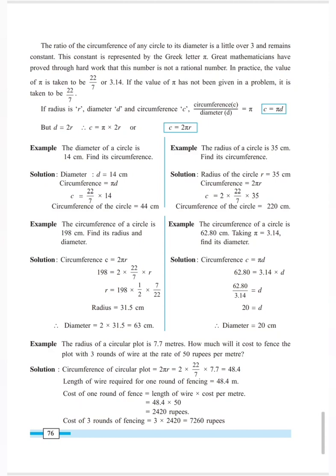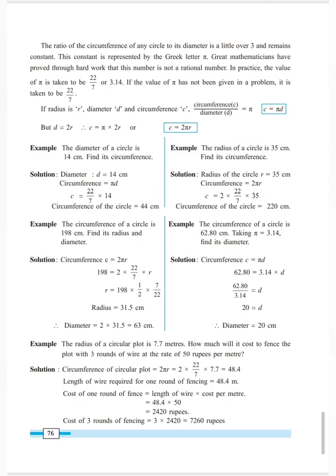The circumference is given, value of pi is given, and we are asked to find out the value of diameter. Formula is C is equal to pi d. Now we will not use 2 pi r since we have to find out the value of d. So pi d is equal to C. C is given 62.80. Value of pi is given 3.14 and we are asked to find out the value of d. So multiplied by d is kept same. Therefore, d is equal to